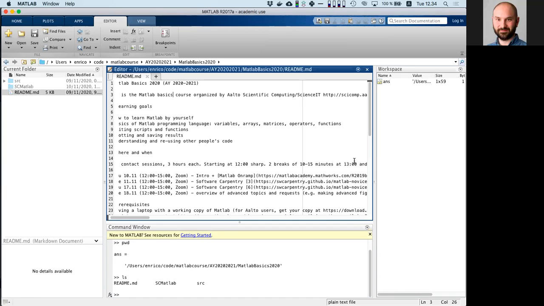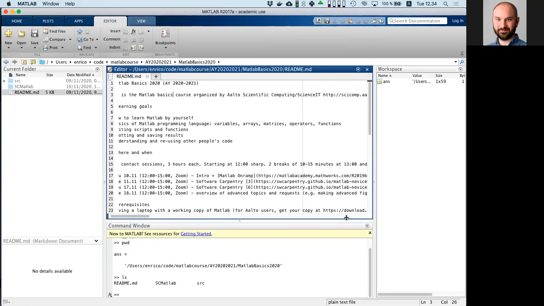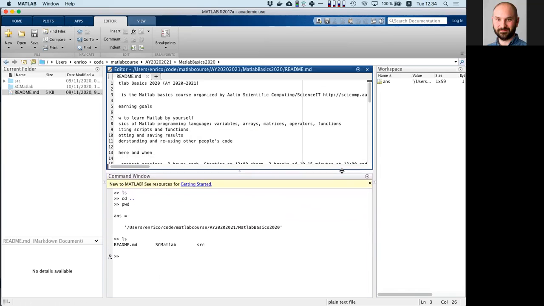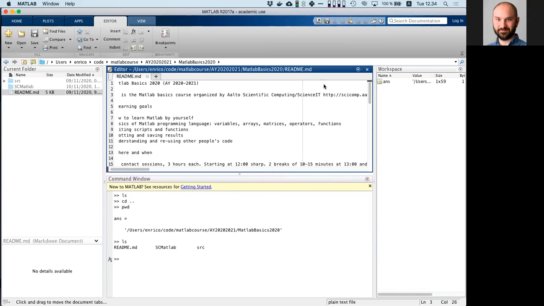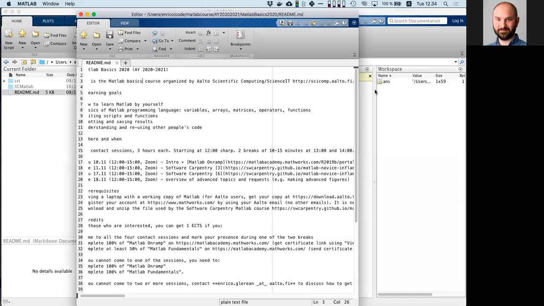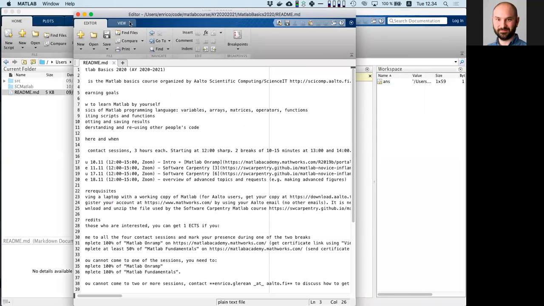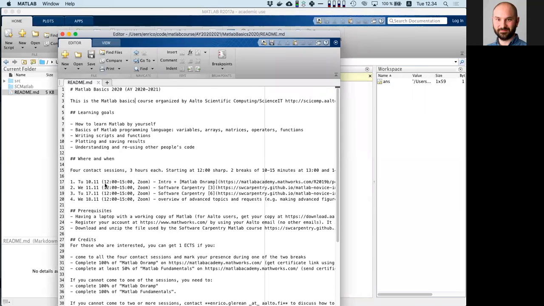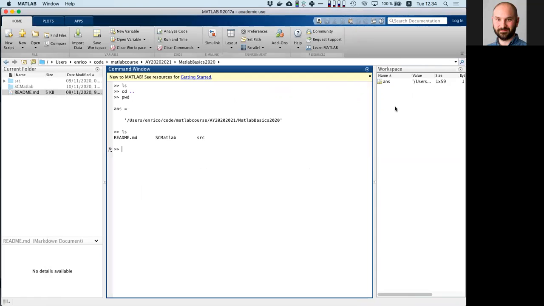so that it's difficult now to see. But this is something that you can try. You can resize how much of the editor you want to have and how much of the command window, or you can even undock. In this case, I might find it more useful if the editor is not nested next to all these other windows. So I can click undock, and now the editor has its own window. And in this specific case, it's all the content of the course that we're doing right now. And then another